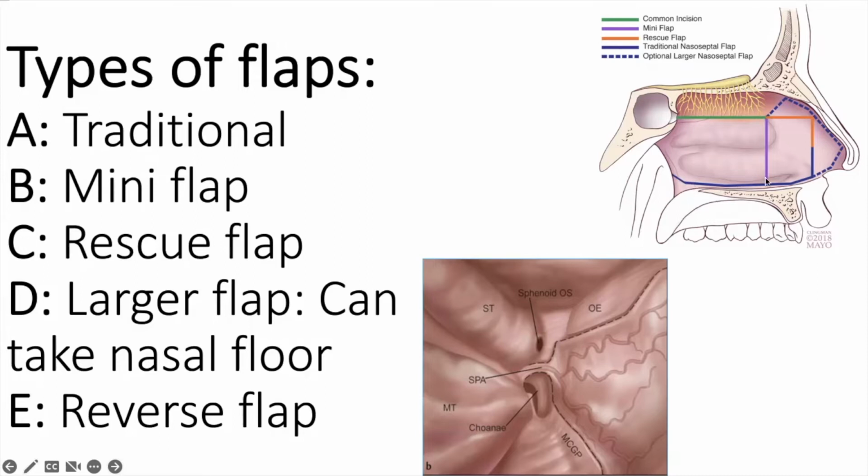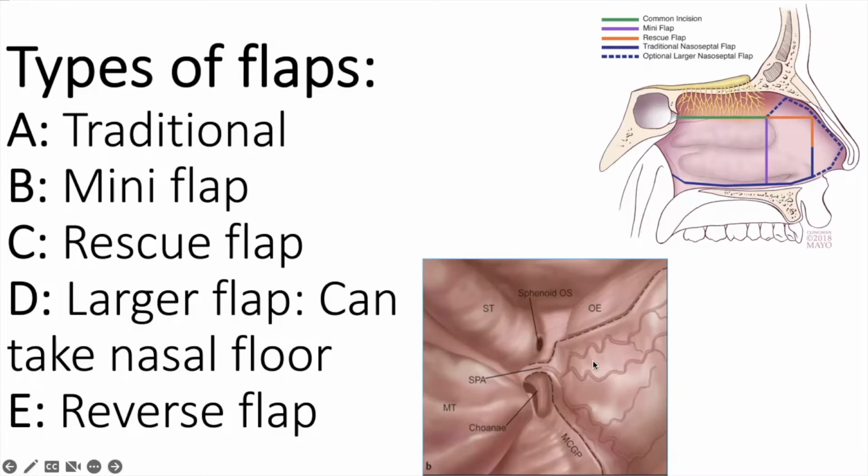The inferior cut is at the lower margin of the septum, at the junction of the floor and at the choana. So the superior cut is at the lower margin of the ostium, and the inferior cut is at the superior margin of the choana. Don't make a cut in between. So don't cauterize this, because the Spheno-palatine artery comes from here,